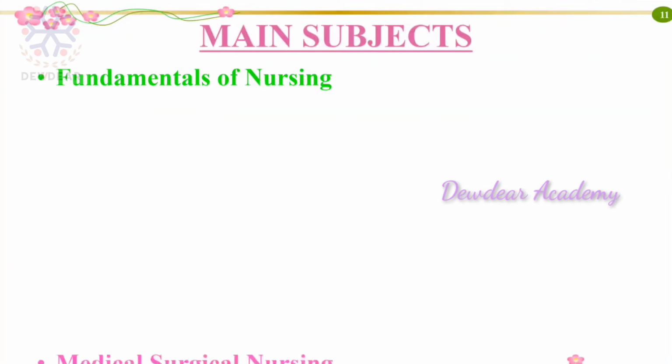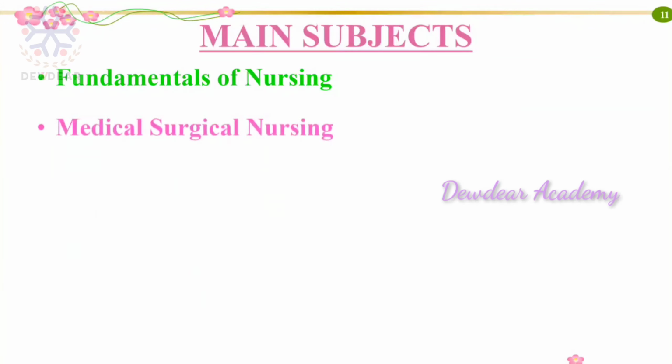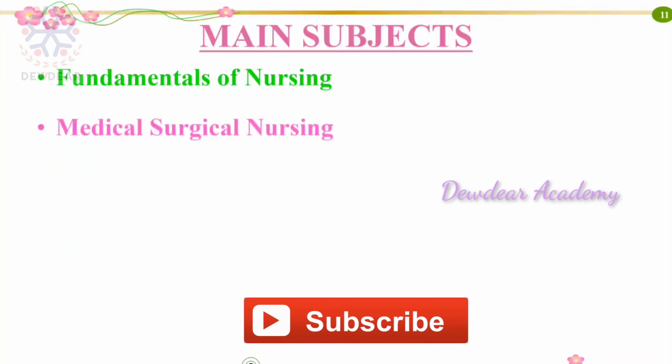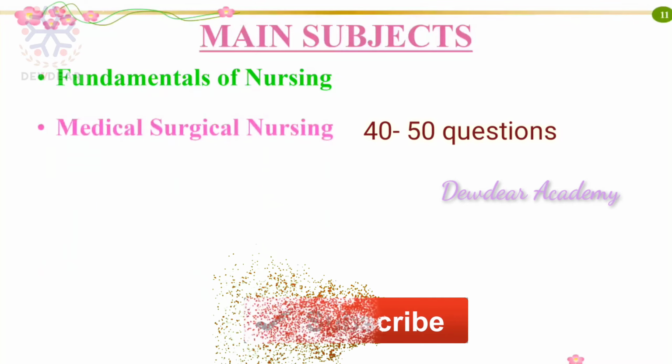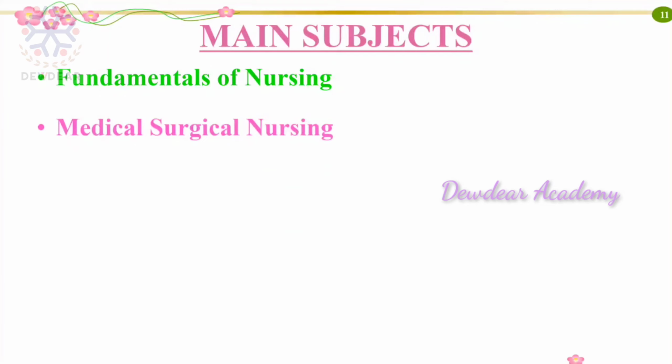It's very important. Then comes medical surgical nursing, that is very, very important. 40 to 50 questions can be expected from medical surgical nursing, starting from central nervous system, then respiration, GI system, endocrine, integumentary system, renal system, musculoskeletal, hematology, oncology, ENT, critical care, then fluid and electrolyte, immunological system, then disaster, emergency nursing and disaster management. So these are all the different areas that are important.